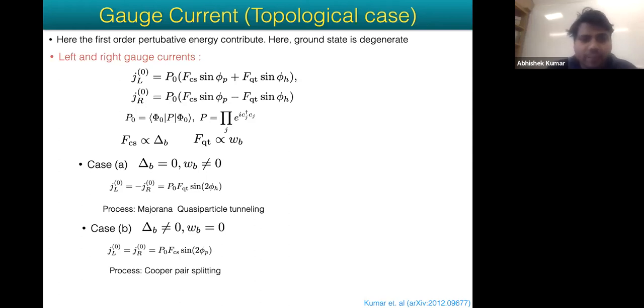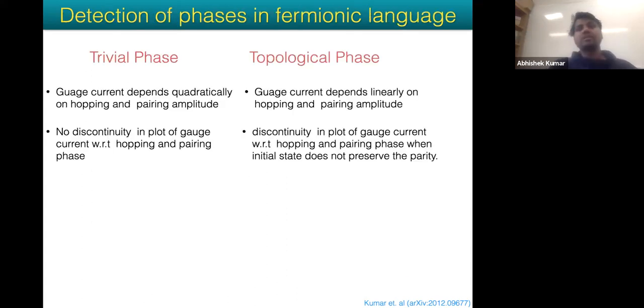But if you have delta B non-zero but WB zero, then the Cooper pair is splitting. So the Cooper pair in the middle, the bridge, is split, and it contributes to the current on both sides. So you can see that, at least in fermionic language, these things